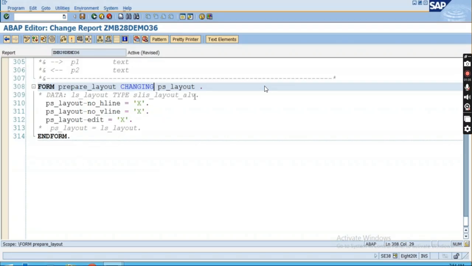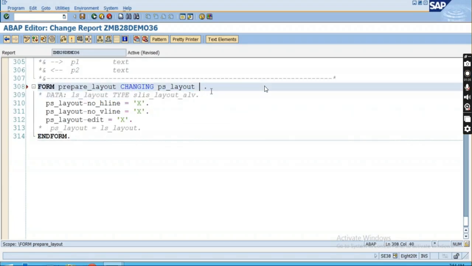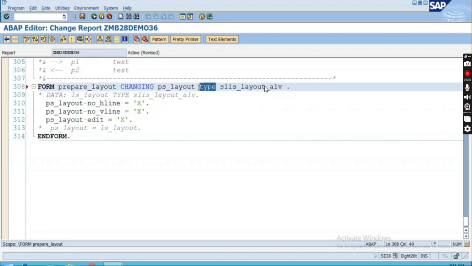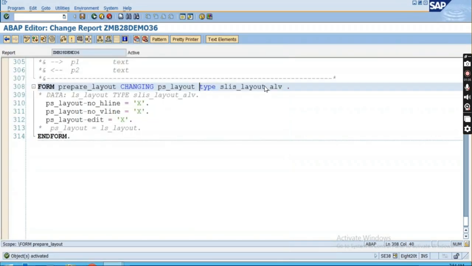Okay, so to avoid the error at compile time, what I will do here, I will define, okay, Control V, the same structure I can use to define this layout. I've just copied from here and pasted over here by giving the type. So this is also possible. Okay, save it, check it, activate it, and this is fine. Just go back